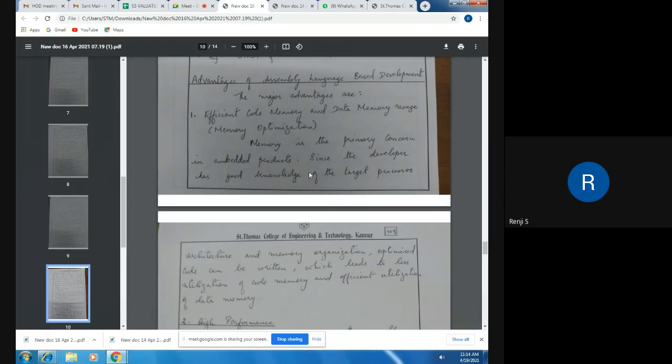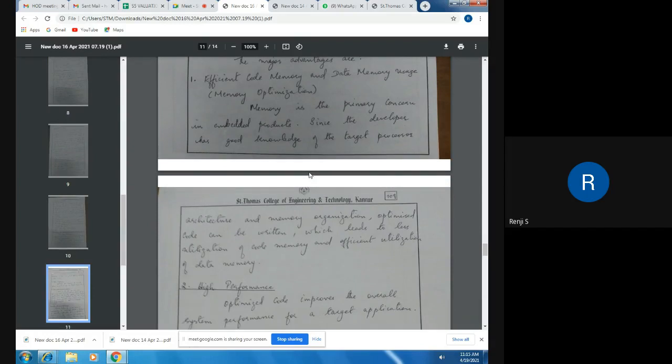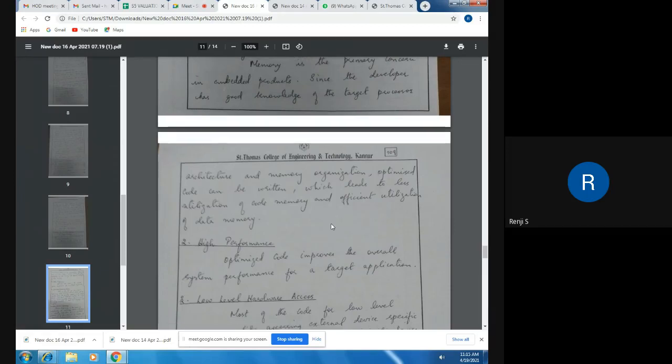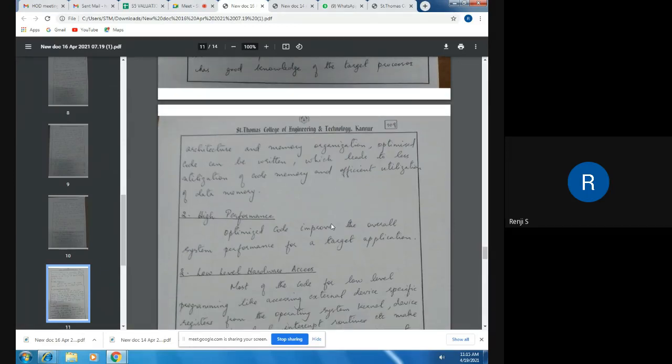Memory is the primary concern in embedded products because they have to be deployed as a single product, so maximizing memory utilization is the main concern. Since the developer has good knowledge of the target processor architecture and memory organization, he can write optimized code, which leads to less utilization of code memory and efficient utilization of data memory, and efficient short code for performing operations.